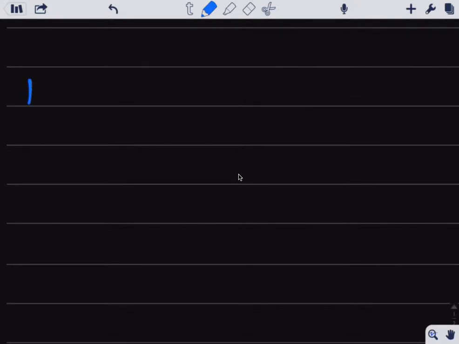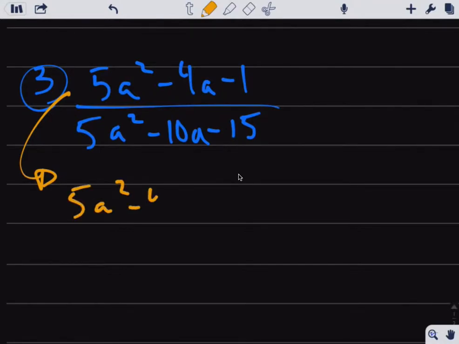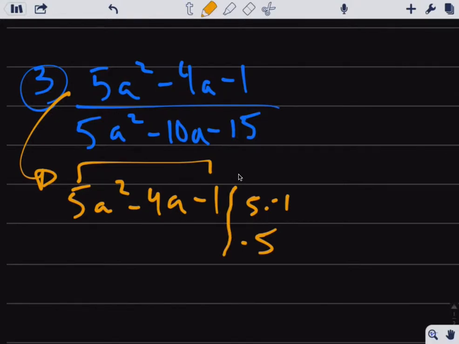So let's look at number 3. This is 5a squared minus 4a minus 1 over 5a squared minus 10a minus 15. Okay, on the top, we take this down and we factor it. 5a squared minus 4a minus 1. Again, we do the bridge method. That's negative 5 because 5 times negative 1. Okay, we want factors of negative 5 that add to negative 4, so it's negative 5, positive 1. We get